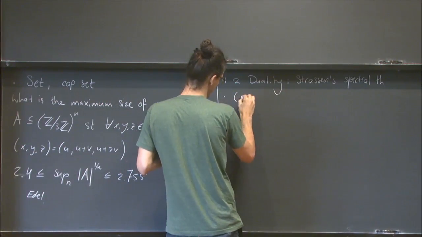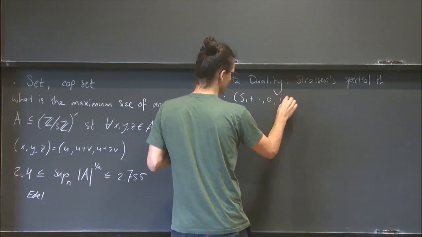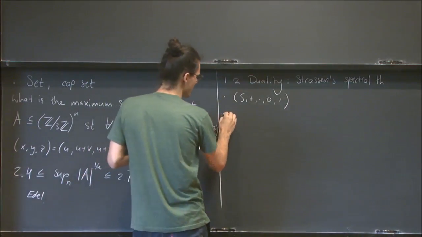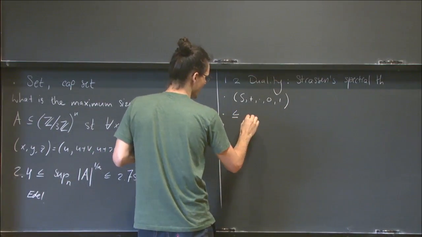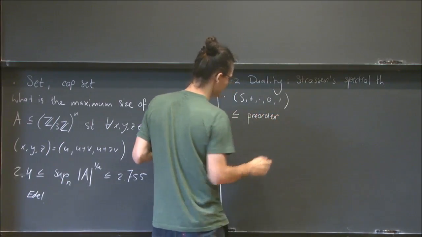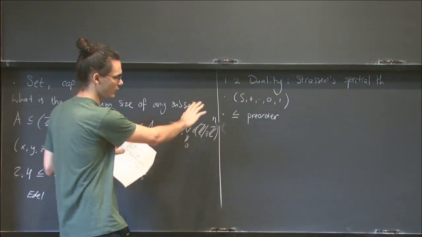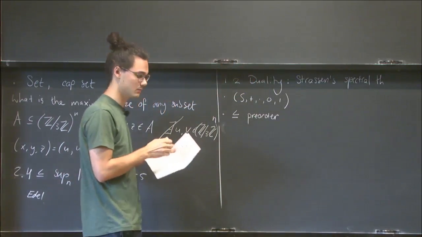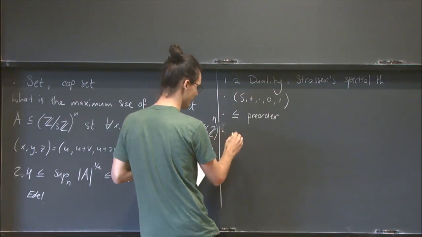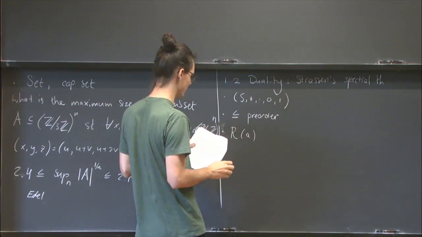You have a semiring, and on the semiring you have a preorder. Don't worry if you don't know what this is, I'm not going to use it, but just to recap. The preorder has to be a Strassen preorder. And then, if you have this data, you define the rank of any element A in the semiring,